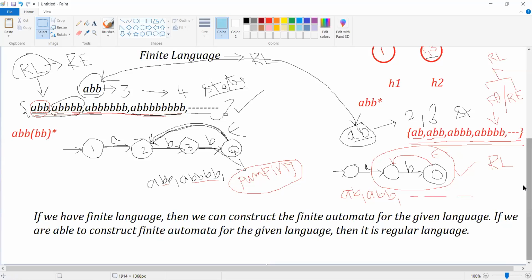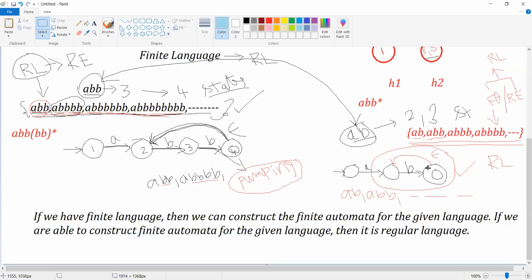In such scenarios, you need to make use of patterns, which can be easily specified within your transition diagram in the form of a loop. This is what we call the pumping lemma.